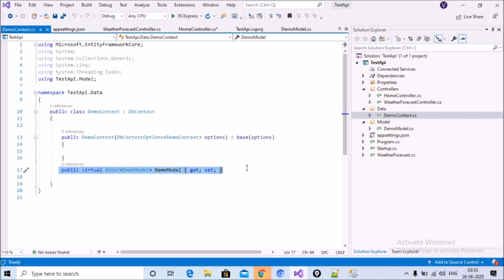I have completed some steps: the DemoContext class has been created successfully, and also the model class and the controller. These steps have been completed.